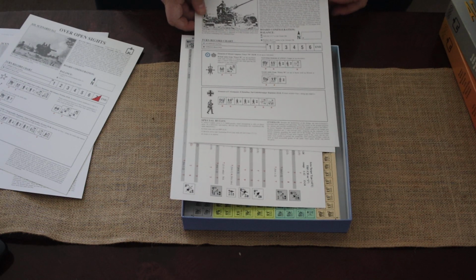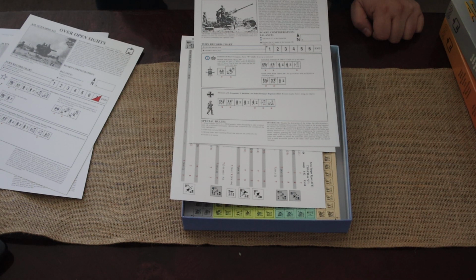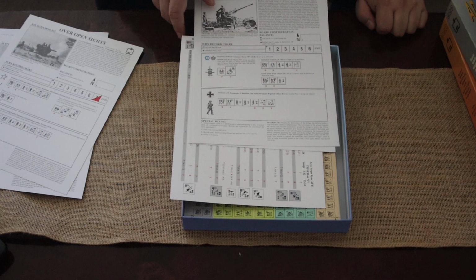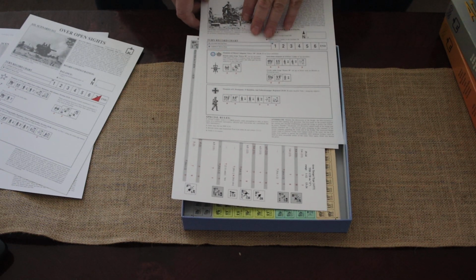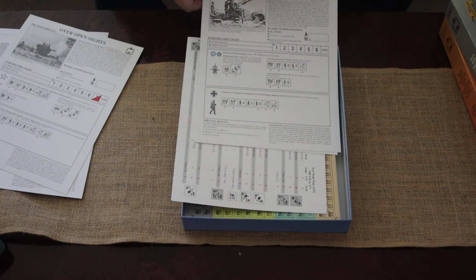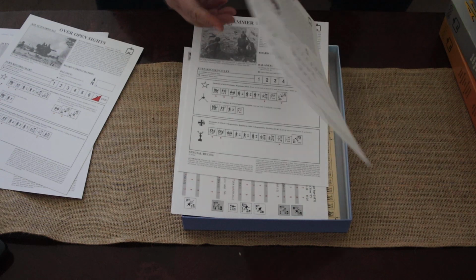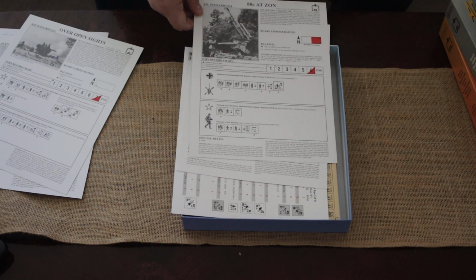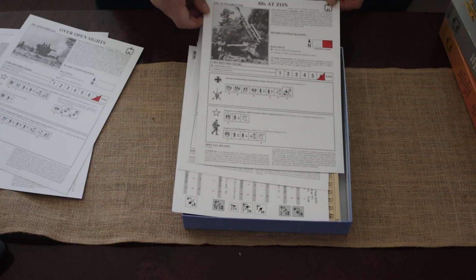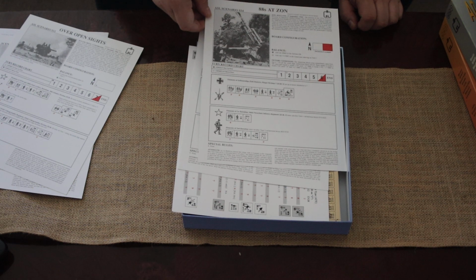When you look at scenario 13, you're going back to 1941 with the invasion of Greece. So you have some British, you have some Greek troops here taking on the Germans, and the British have the anti-aircraft, which matches the picture that you're seeing here as well. And then for scenario 14, you have 88s at Zon during Operation Market Garden in